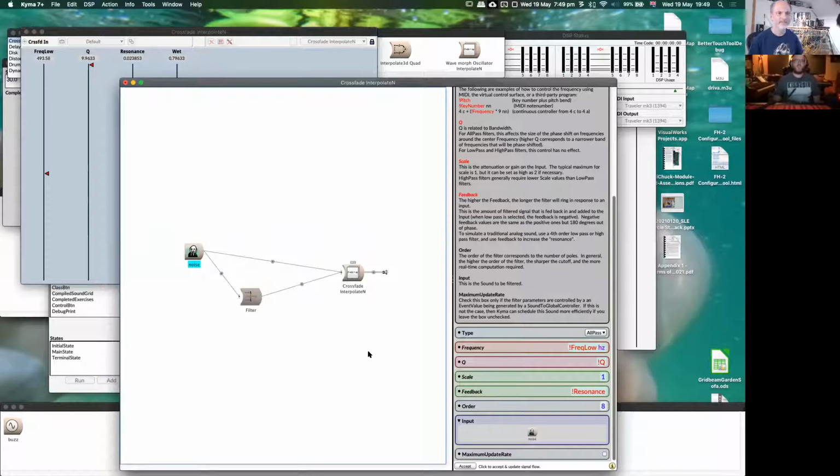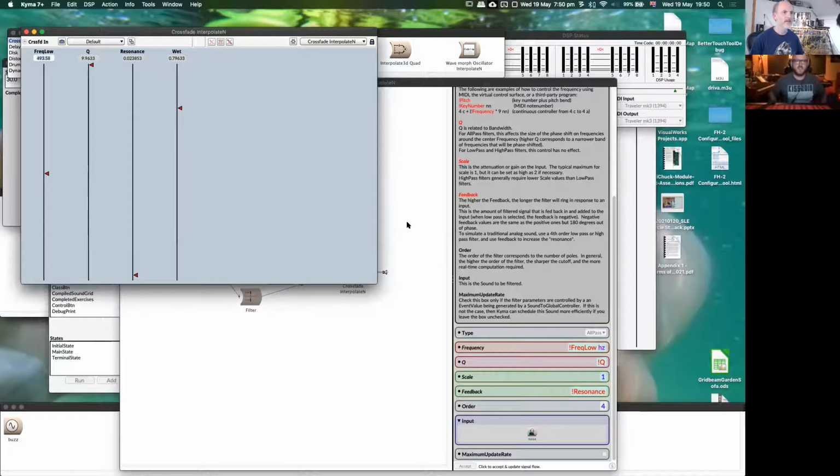I wonder, because white noise is so broadband, if we still have some of that in with our wet, it's very hard to pick it out unless it's extremely resonant. So I feel like we need a much wetter, higher number there. Like you've got 0.79. Do you know what I'm saying? You could probably even have that all the way up or almost all the way up. And we should be able to hear it maybe better now. And then with a higher Q.